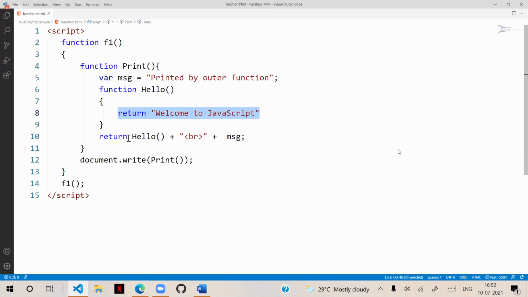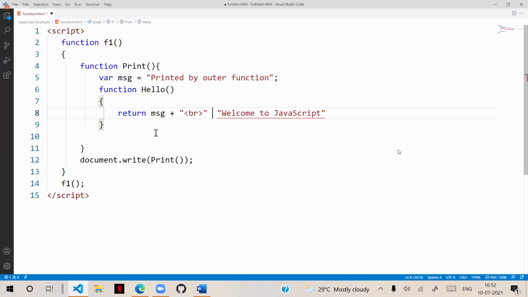That means you can write like this: return MSG plus BR plus this value. Whatever value is present in the outer function is accessible to the inner function.